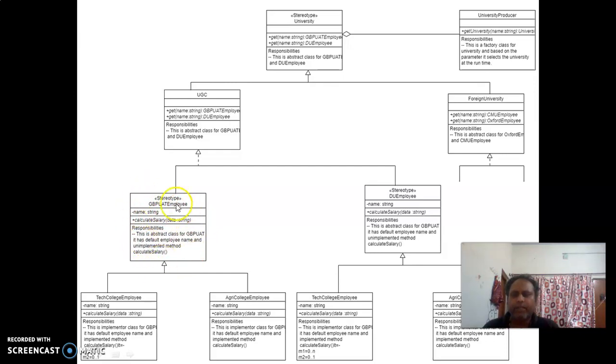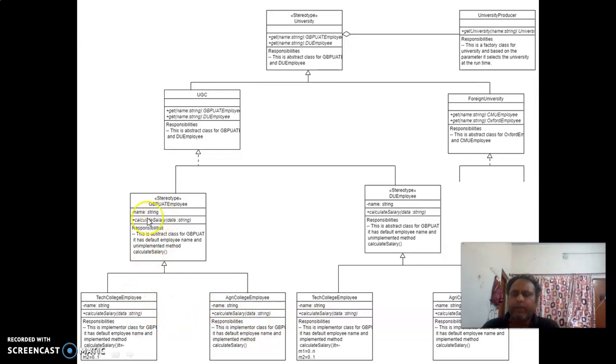Since this is an abstract class, we cannot create the object of this abstract class, but this abstract class can refer to these two concrete classes. So with the help of this abstract class reference, I can invoke the method of any of these two concrete classes.